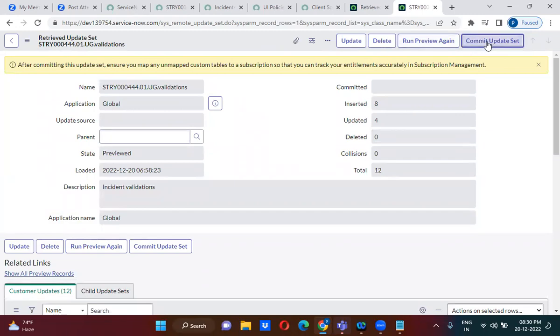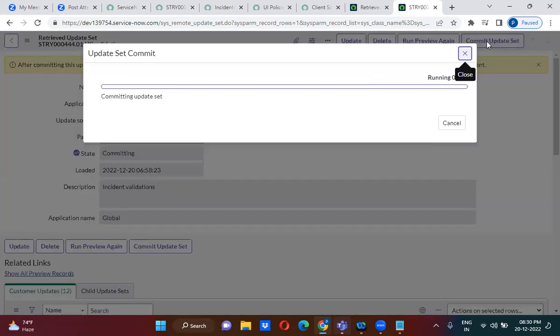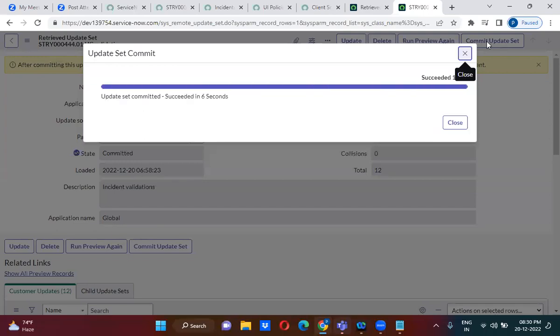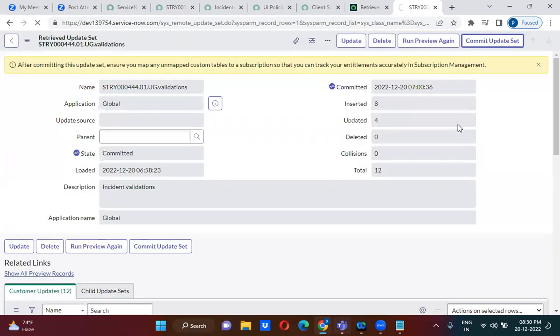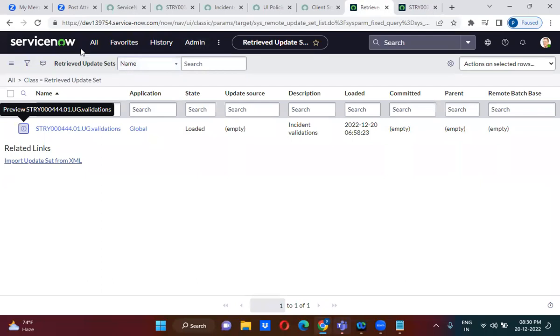So you will actually commit this update set. Only after committing the update set, the changes will be reflected in the Naresh instance. So if you go to the incident table in the Naresh instance,